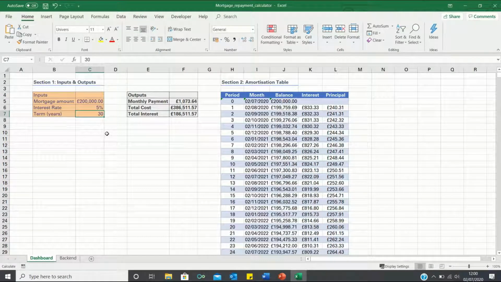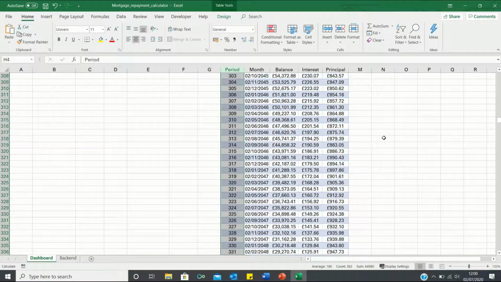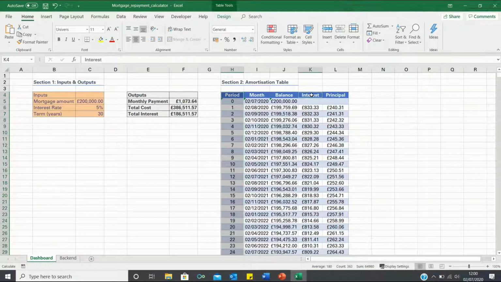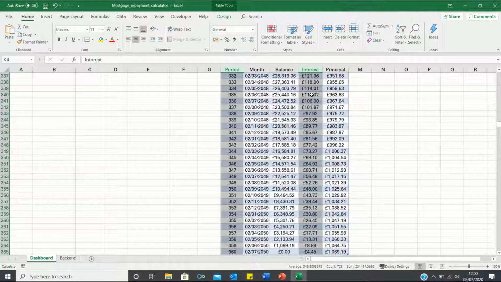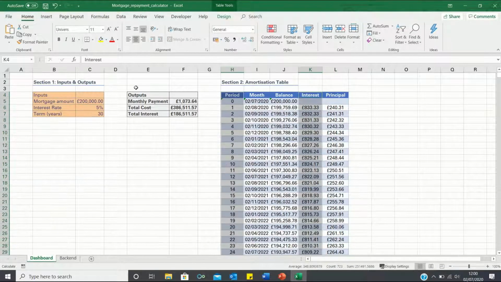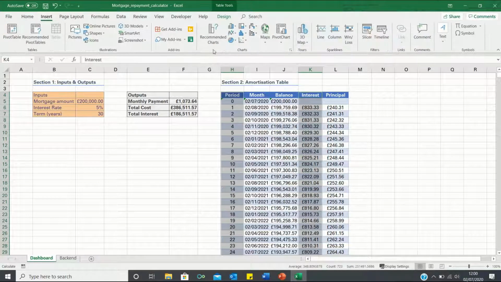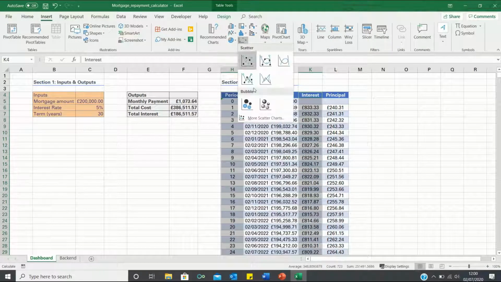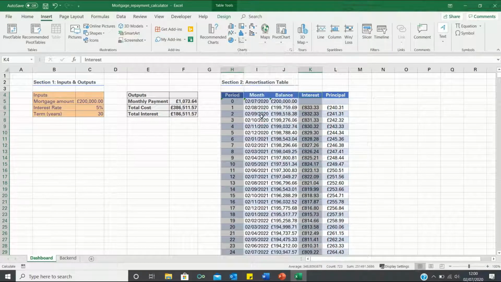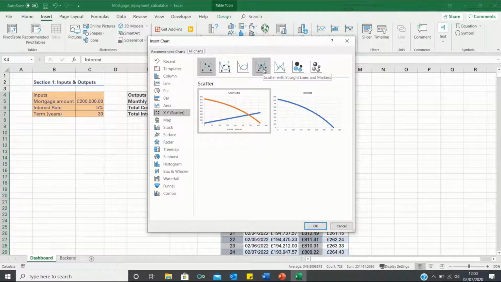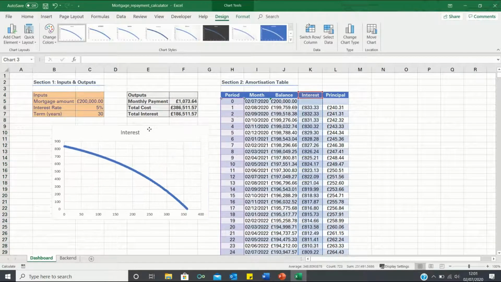To start, let's create a chart which shows how our interest changes over time. To do this, we'll select the column containing the period, as well as the column containing the interest. And you can select both simultaneously by pressing down the Control key. We will then enter the Insert tab, click the Scatter Charts icon, and select More Scatter Charts. We're going to choose this option over here, and as you can see, our chart nicely shows how our interest